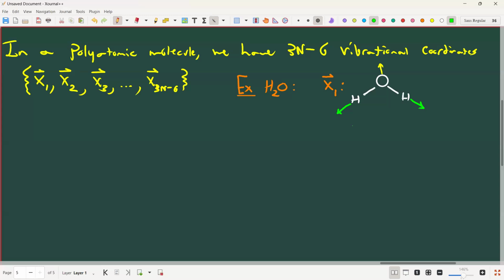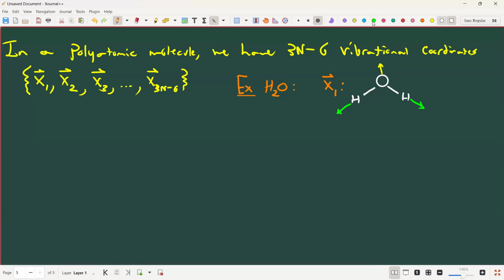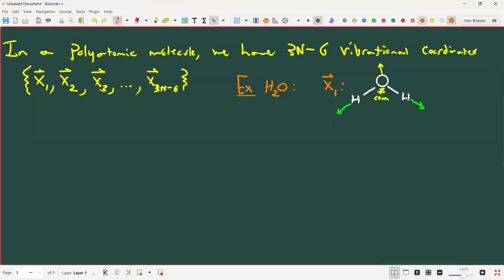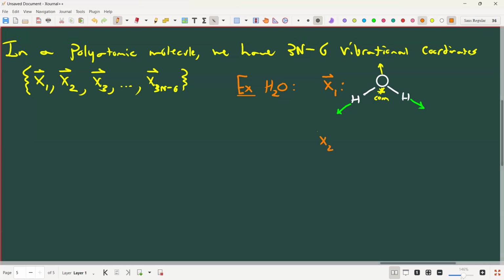So it's a collective motion. There's a center of mass in the molecule, here. The hydrogens stretch and the oxygen has to pucker in the opposite direction, so the center of mass never changes. The center of mass is fixed. This is x1, x2